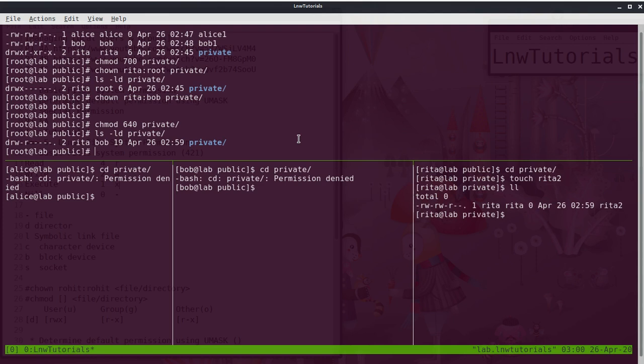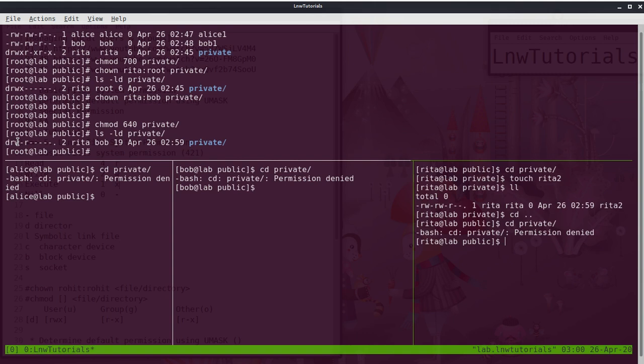I just go to Rita here, one step back, cd private. I'm getting permission denied. Why? Here Rita is the user, but she is still getting permission denied, because she doesn't have execute permission.